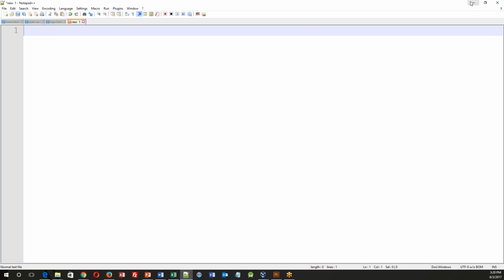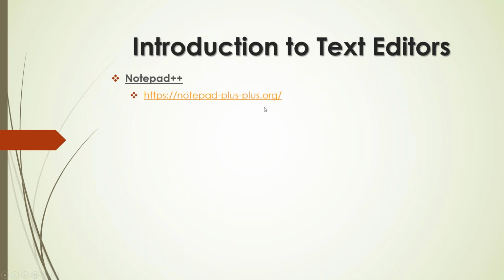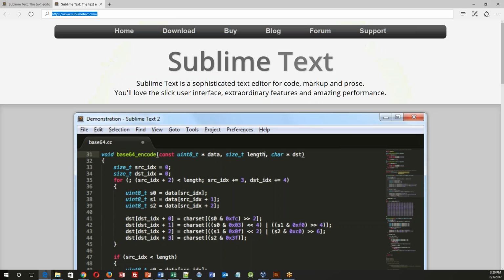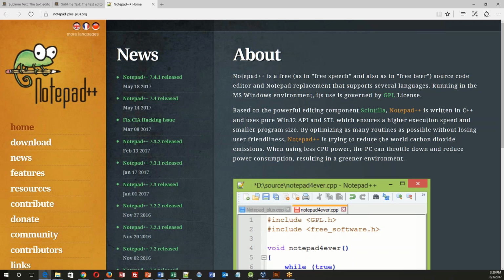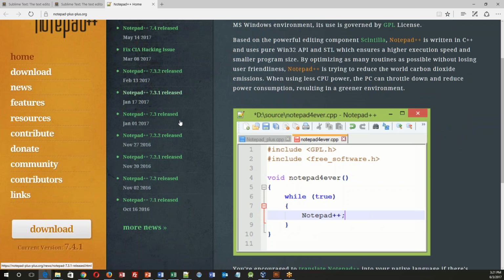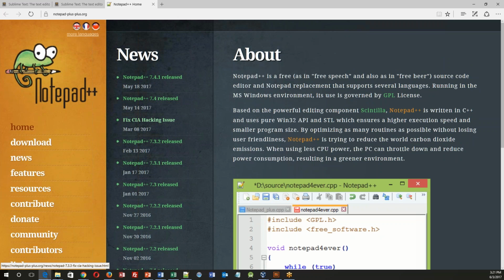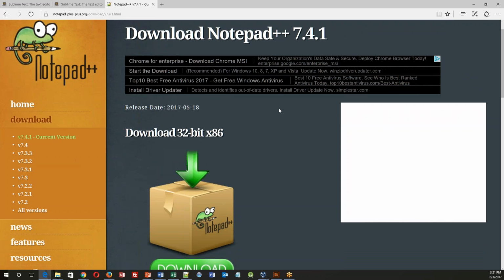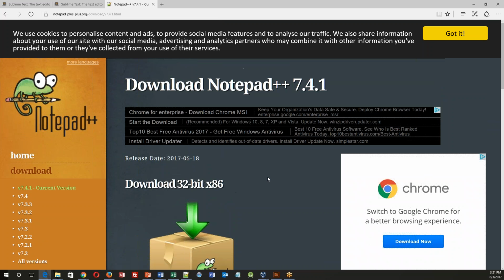So how do I download the application on my Windows machine? In order to download Notepad++ on your Windows machine, you can simply use this link here, notepad-plus-plus.org, okay, and it will bring you over to the website of the developers of Notepad++. And you will notice that there are multiple iterations of Notepad++ that have been released by the developers. You simply will click on the download section. Okay. From there, you will be able to download Notepad++